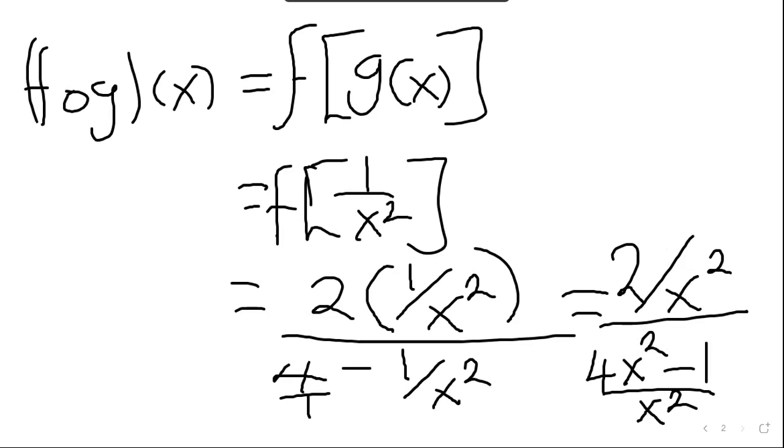So if I tell you to simplify this further, you realize that this x squared, which is the denominator for this, and that x squared, which is the denominator for the first part, these two automatically cancel. So in short, you're only going to remain with 2 over 4x squared minus 1. So what I was trying to say is our fg